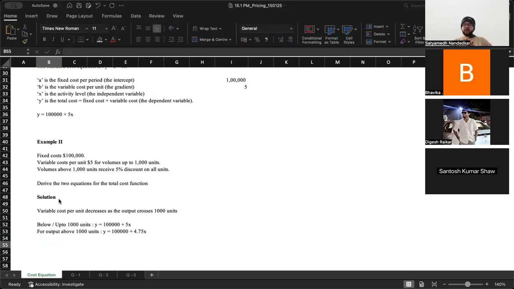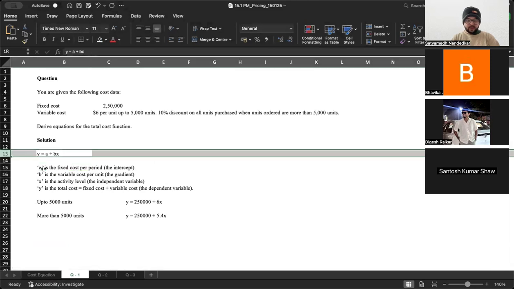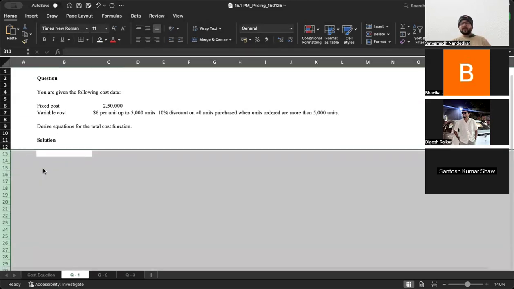So there is a possibility that two different cost equations might operate in a particular situation, not just one single cost equation. Because as the output levels cross a certain threshold, there is a possibility that because of economies of scale, because of certain discounts, you will be able to save on the variable cost. कुछ questions जो हम देखेंगे, there we might end up saving on the fixed cost also, और the fixed cost might bump up beyond a particular level of output. तो कब, अभी वो करते हैं, let's understand how that is done. Okay, have a look at the next question. It's not a tough topic, it's a लल्लू topic, but